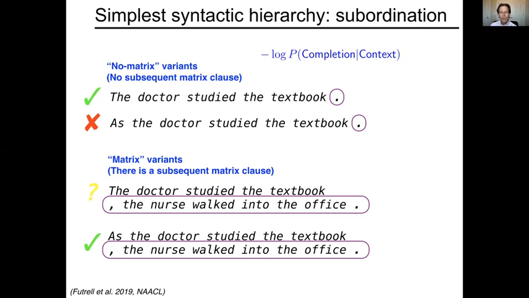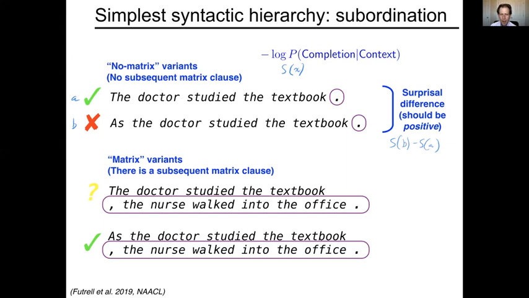We're going to ask, holding the continuation or the completion constant, does changing the context do the right thing, a human-like thing, to that completion probability? And what does that mean? If we look within the no matrix variants, we modulate whether or not the word "as" appears in the context at the beginning. Does that affect the surprisal in the right way? So for example, if I mark this as sentence A and sentence B, and take the surprisal of sentence X, where X is either A or B, and then I look at the surprisal of B minus the surprisal of A, I should find that this is a positive value